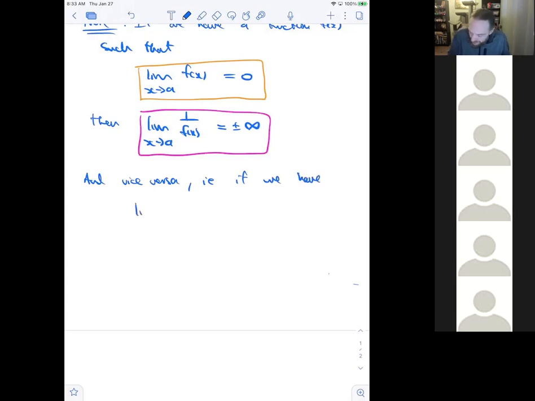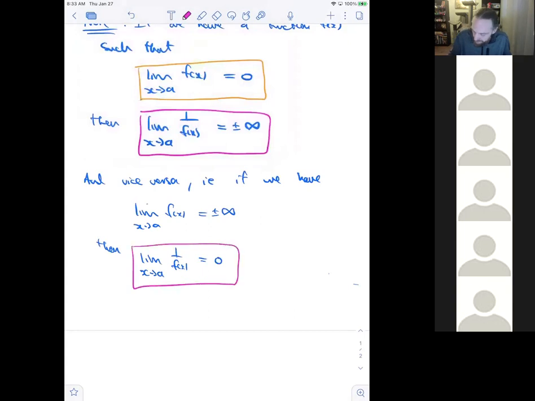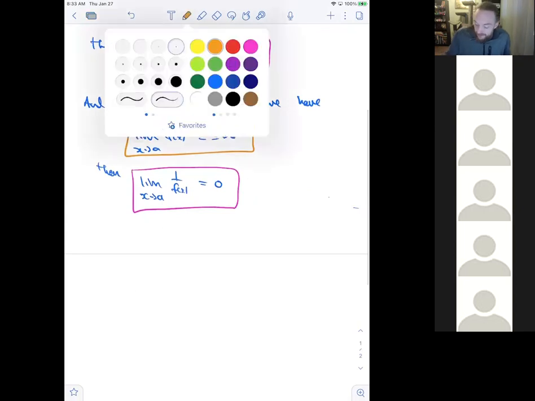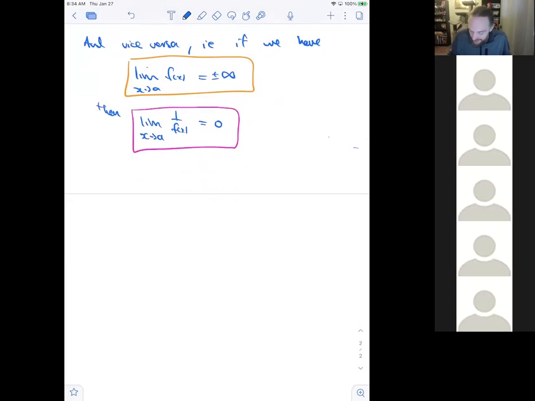I.e., if we have the limit as x approaches a of f of x is plus or minus infinity, then the limit as x approaches a of 1 over f of x is equal to 0. You don't have to go very far. Why I'm going to notice this is because 0 times infinity type is infinity over infinity or 0 over 0. You can create both in a second when we get there. So for an example,